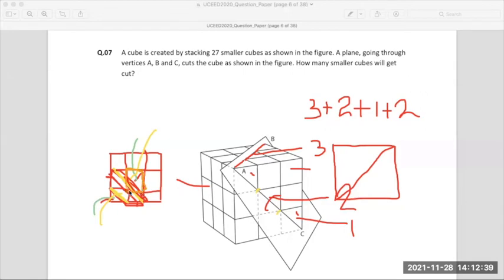Yes, it will get cut. And the diagonal one will also be partially cut from behind, not half cut. So this part which you are seeing here and this part which comes below it, both will be affected at some point, partially. That's why I have added 2. They are not cut diagonally, but they will be cut partially to some extent. Then there would be another cube which would get cut.